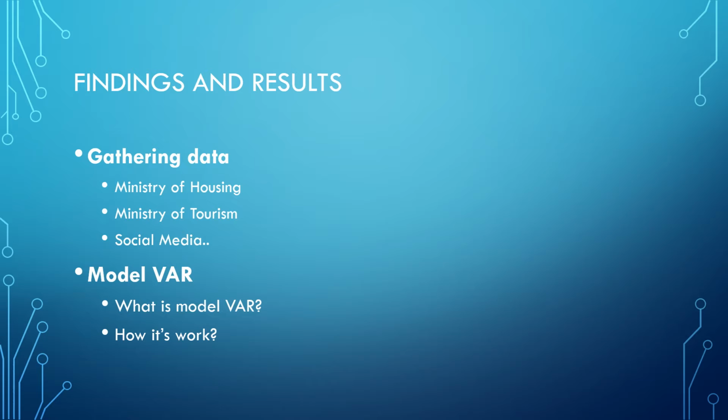What is Model VAR? It's a study done by experts and academics from different universities in China, focusing on analyzing how prices increase and decrease in the real estate sector. And how does it work? Basically, it conducts a dynamic analysis of a system where changes in a particular variable are affected by changes in other variables, the lags of this variable, and the change in its own lags. The VAR technique is apparently used in the analysis of financial factors and assessed markets like this sector.